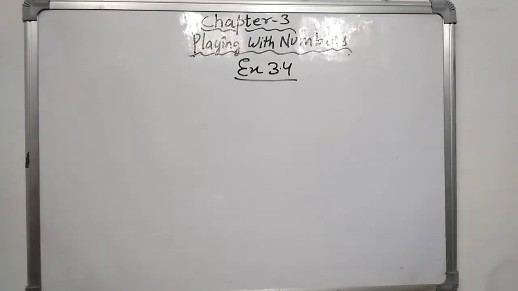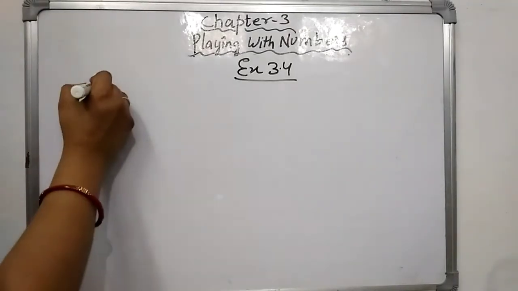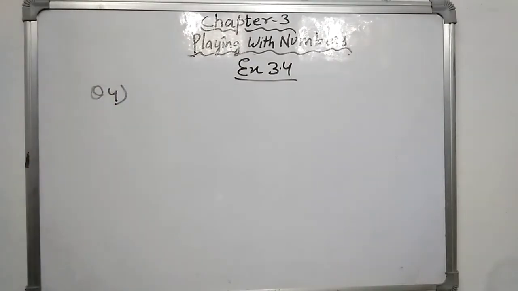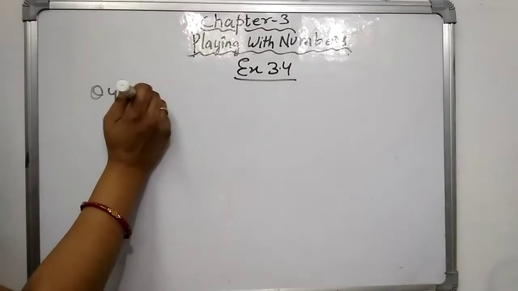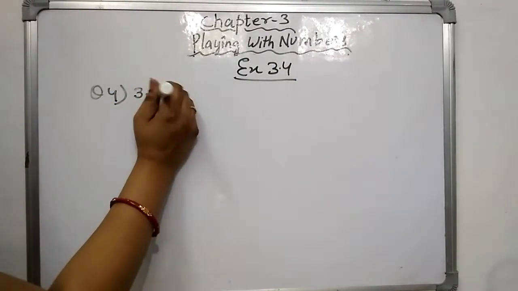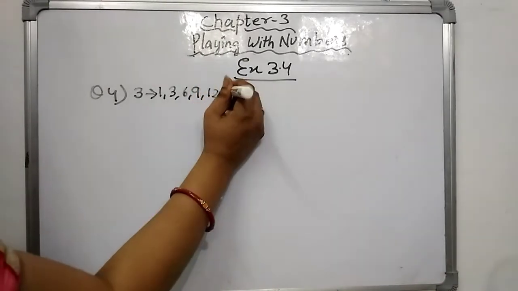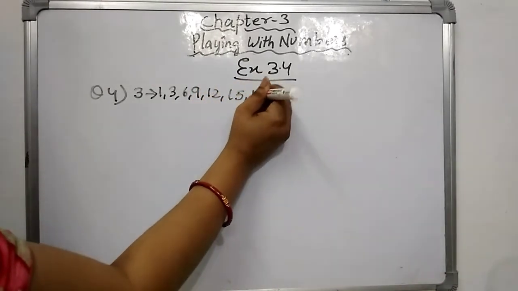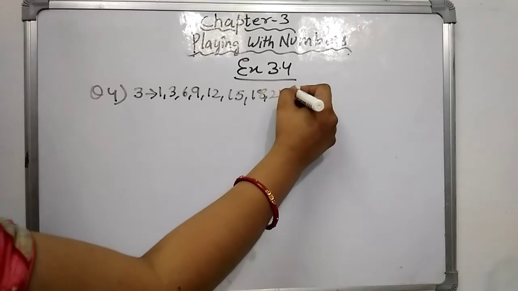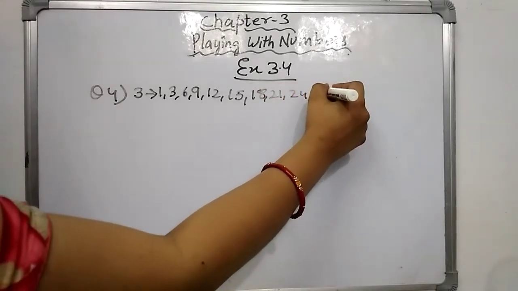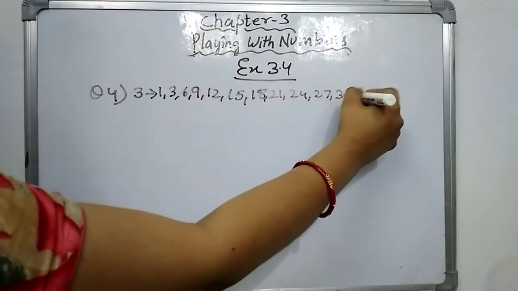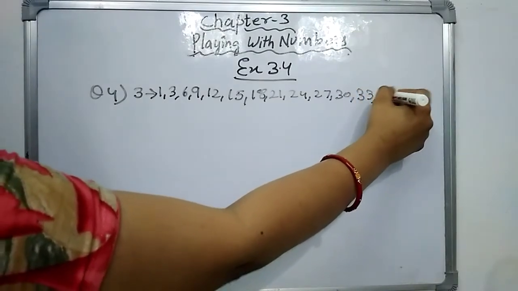Question number 4. Write all the numbers less than 100 which are common multiples of 3 and 4. So we will write down multiples of 3. 3, 6, 9, 12, 15, 18, 21, 24, 27, 30, 33, 36,